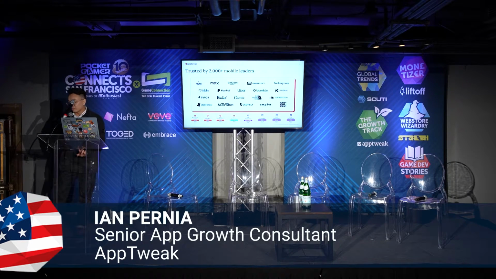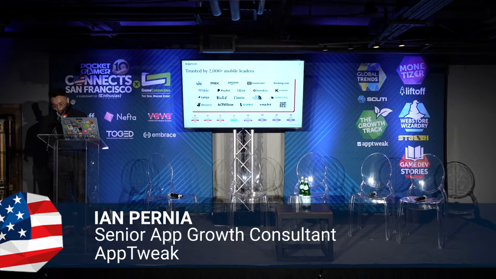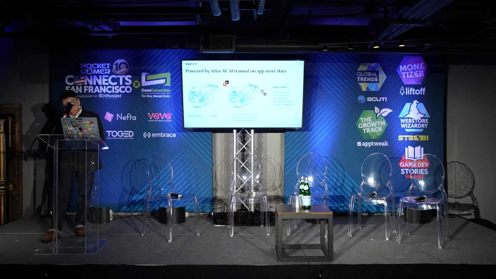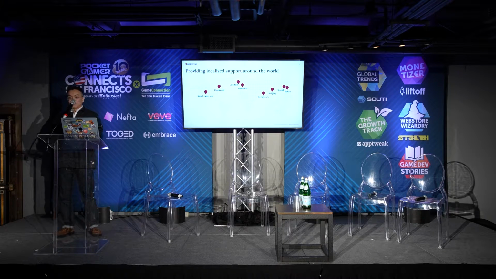We are trusted by over 2,000 plus mobile leaders, highly rated on G2, and work with a lot of great companies and brands, and some of you might recognize yourself up there today. We are powered by our AI called Atlas, sorry. Our Atlas has been trained on millions of App Store data points, including over 20 million keywords, 6 million apps, and provides us with a lot of great features that help us better understand the App Store algorithms and how different apps and keywords are grouped together. We have offices around the world. I myself am going to be working in some of the Asian offices this summer, so that's pretty exciting. But we are able to offer boots on the ground and provide localized support in a lot of different markets.